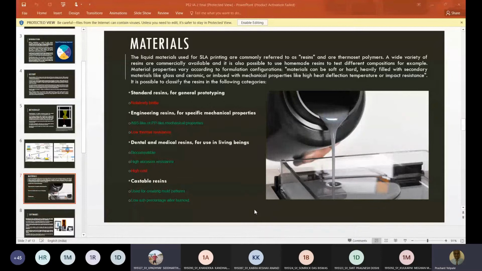One of the most popular uses in automobiles is of ABS, where high strength is required. ABS stands for acrylonitrile butadiene styrene. Polycarbonate is used where extremely high temperature resistance is required, for example, injection molds. And polypropylene is used for flexibility, durability, and for extremely fine modeling of our product. Now going to softwares.